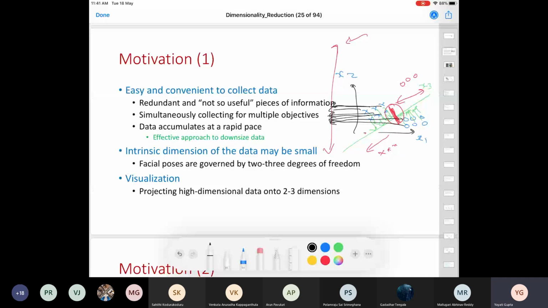If there was an o somewhere here, this o would get projected somewhere in between here. So this new dimension may not be appropriate to still differentiate these x's and o's. So how do we figure out those dimensions which can actually retain as much information as possible and still do our required task correctly? Okay, so that's the basic idea.